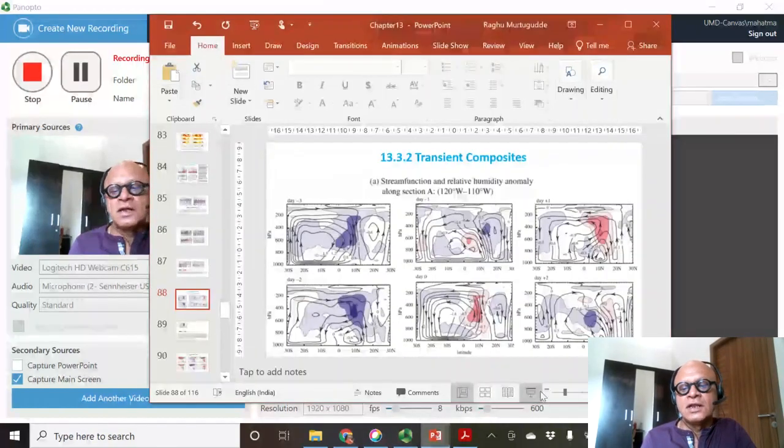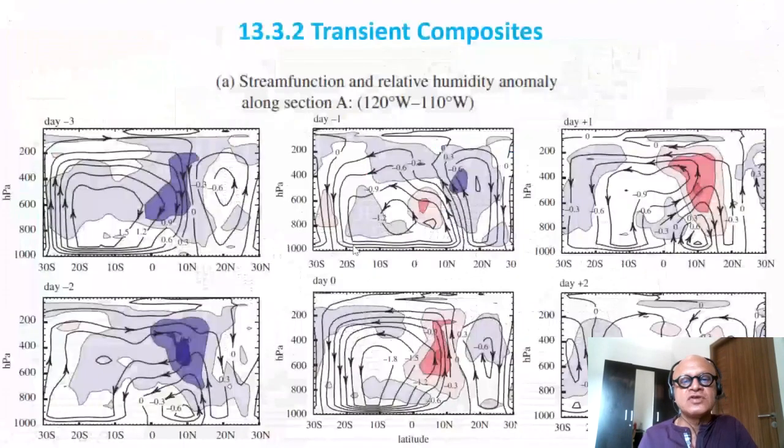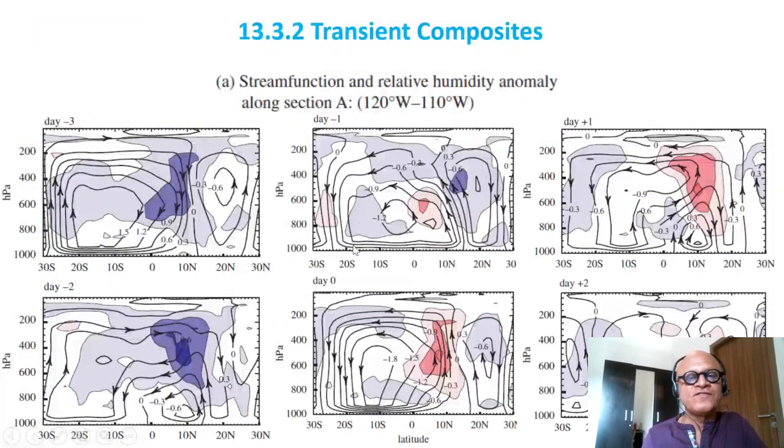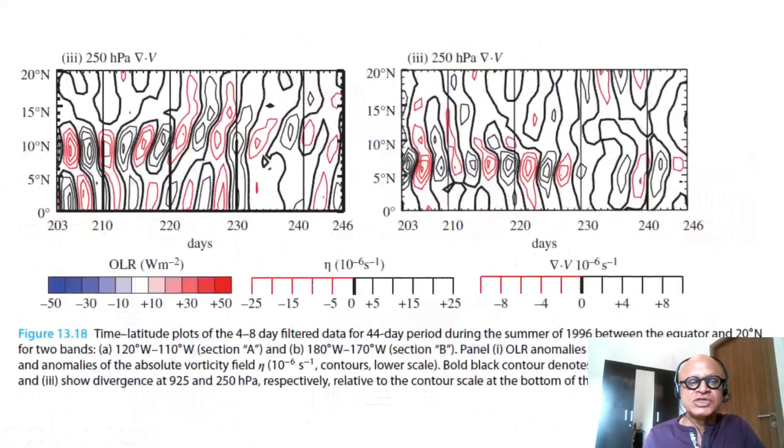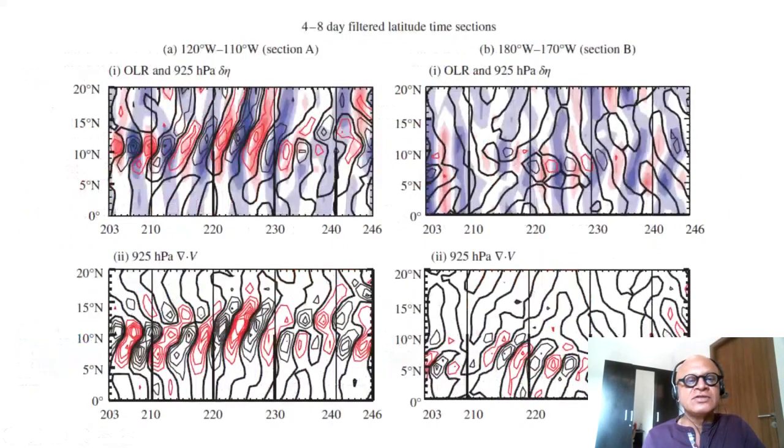Let's add a little bit more detail in terms of the evolution of these transient features. So we can do these kind of transient composites going from the maximum convection day being day 0 to 3 days before, 2 days before, and then 1 day, 2 days, and 3 days after the maximum convection, which corresponds to these states we looked at where the divergence and the